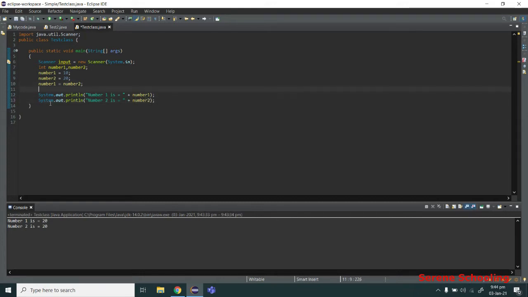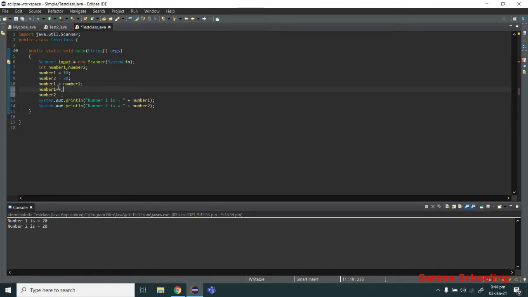We talked about unary operators before. So let's increment number one and decrement number two. This is called a unary operator. It is used to increment a value by one.